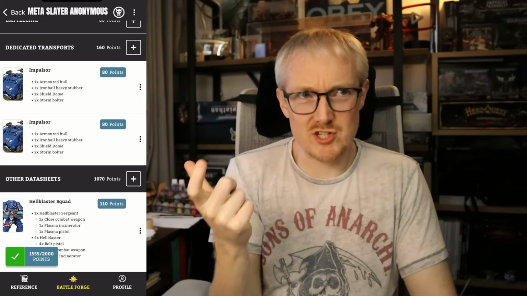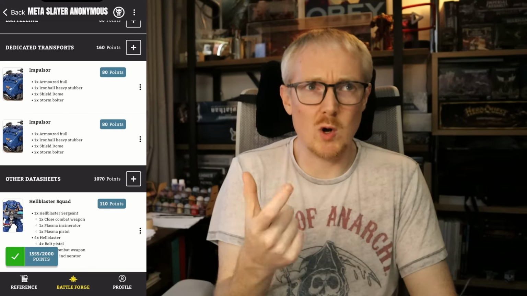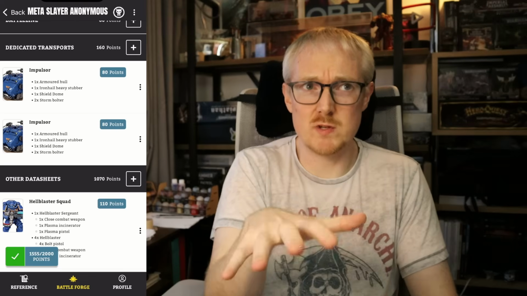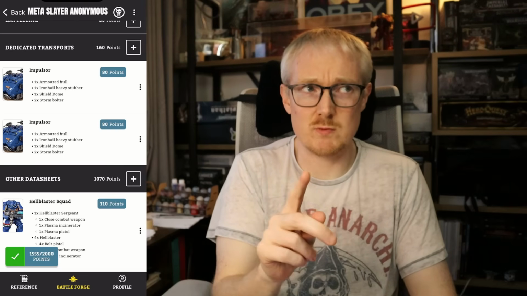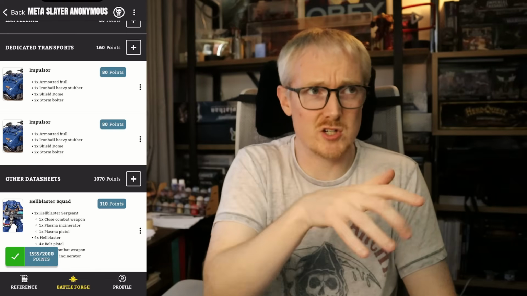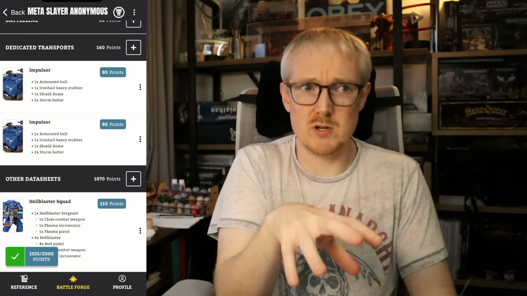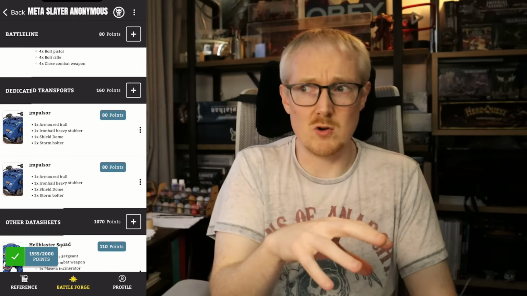In the weird situation that I roll enough hazardous wounds to blow up the Impulsor, the guys can actually spill out and they can shoot again, because they're a different unit when they've come out. So there is a weird situation where, when they shoot overcharge inside the Impulsor, the mortal wounds go in the vehicle. So at some point I maybe blow up my own vehicle,